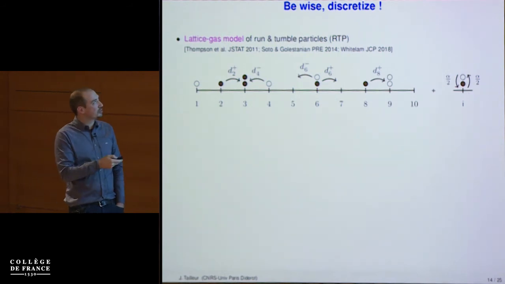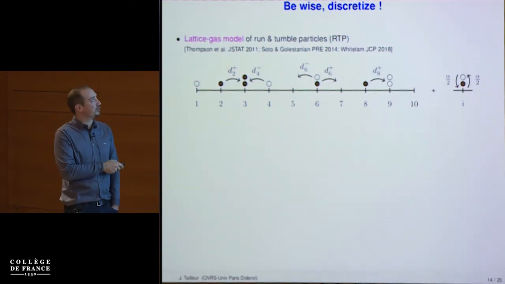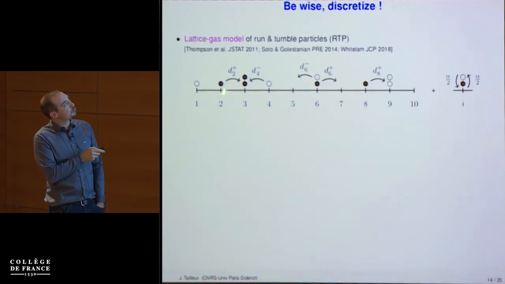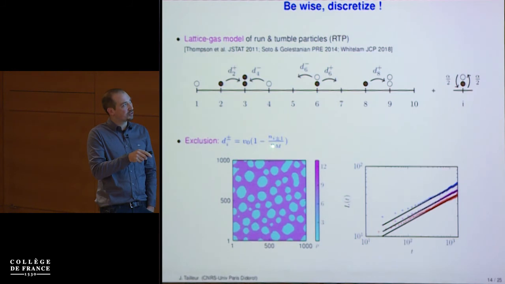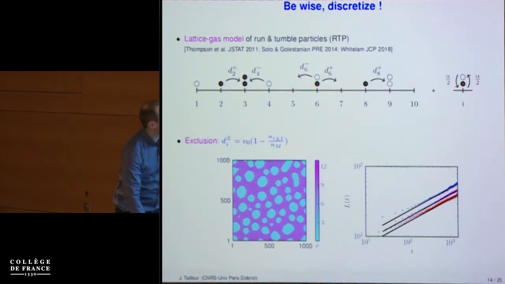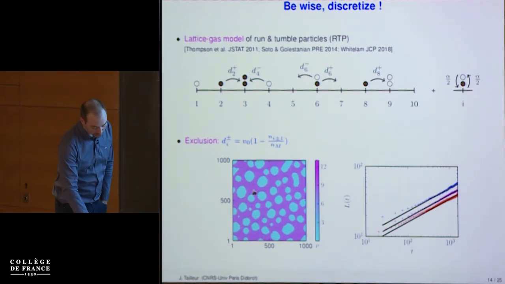So when you want to solve something exactly, you follow Bernard Derrida and you work on a lattice. You put particles on your lattice. You have black particles which hop to the right, white particles which hop to the left, and the particles can tumble. They can change direction. If the hopping rate decreases with the occupancy of the site on which you're hopping, then you get phase separation.